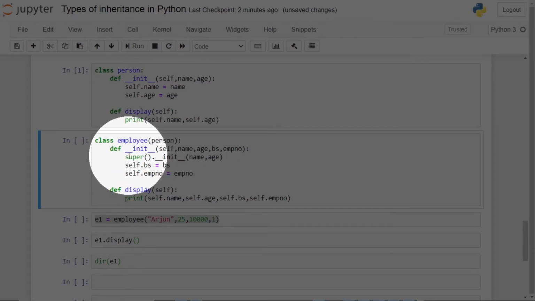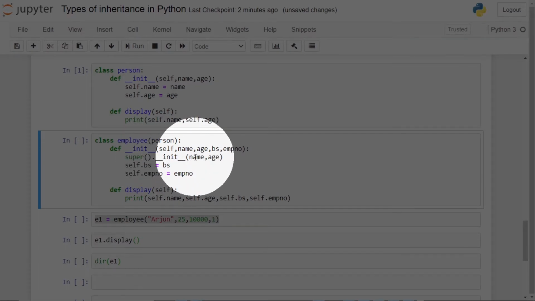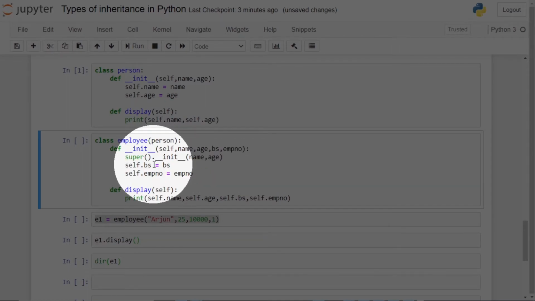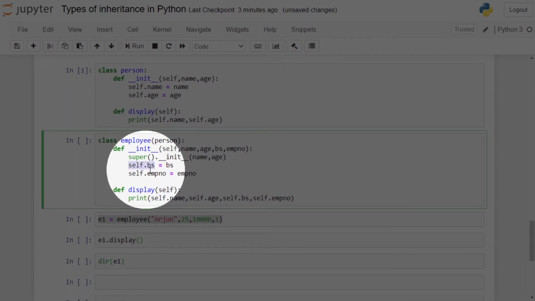Using super method we create a temporary object of the base class and call the constructor of the base class which is init, and the argument, note here self parameter is not used. Then remaining arguments, bs and emp number, will be used for initializing the data member self.bs and the data member employee number.